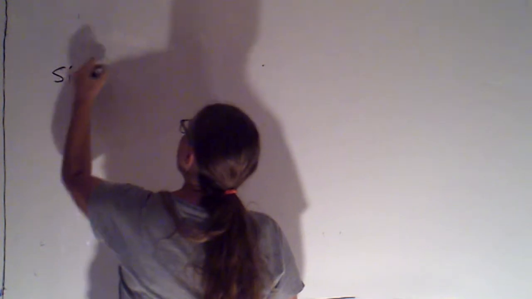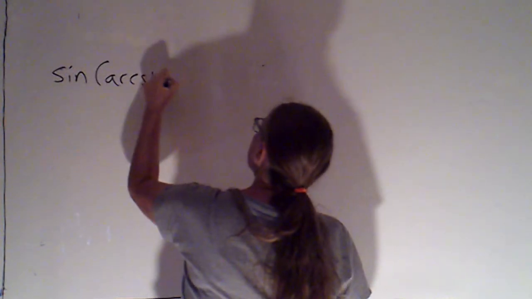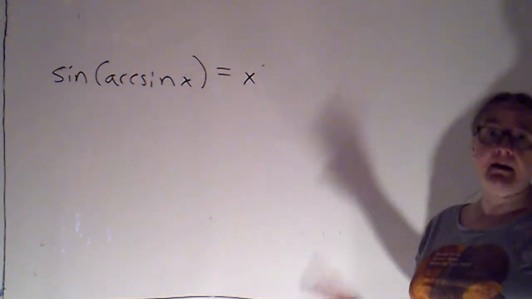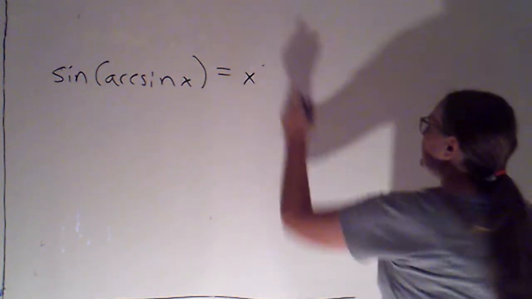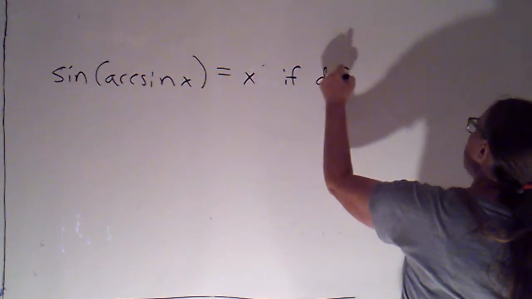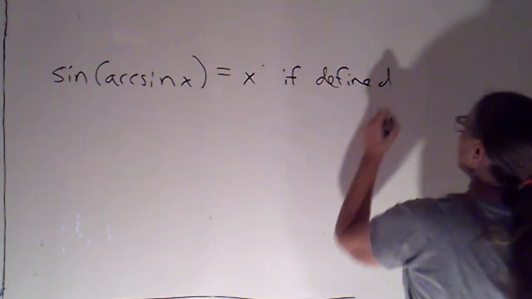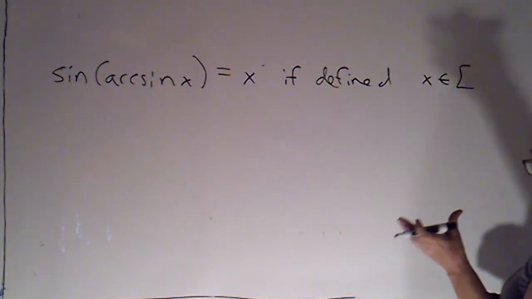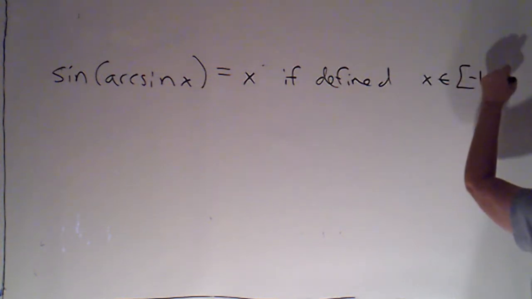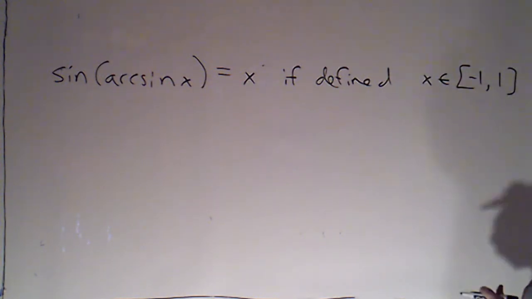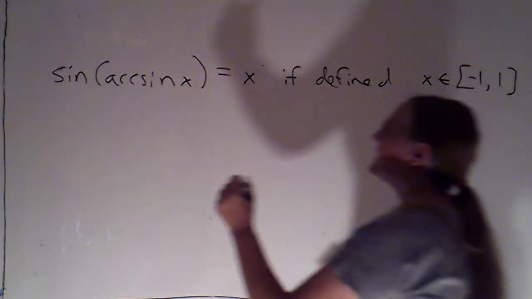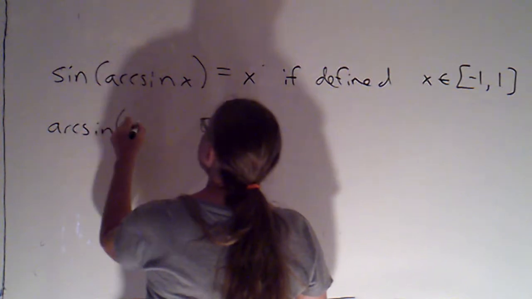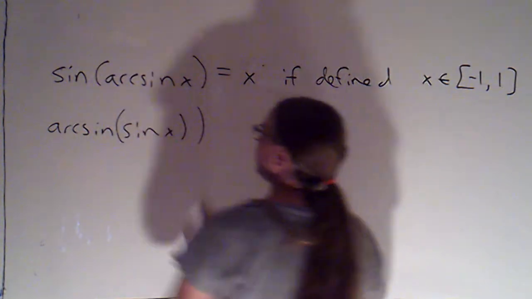sine of arcsine of x, that will equal x whenever it's defined. So if defined, and in order to be defined, of course, that means that x is in the domain of arcsine, which would be from -1 to 1. Okay, but if I'm looking at arcsine of sine of x,